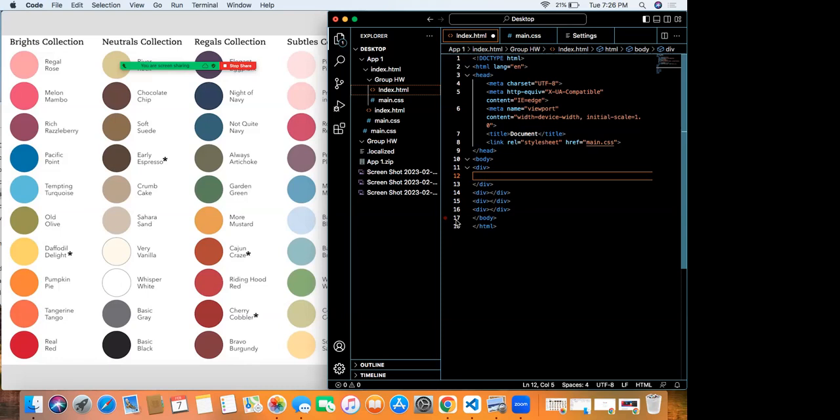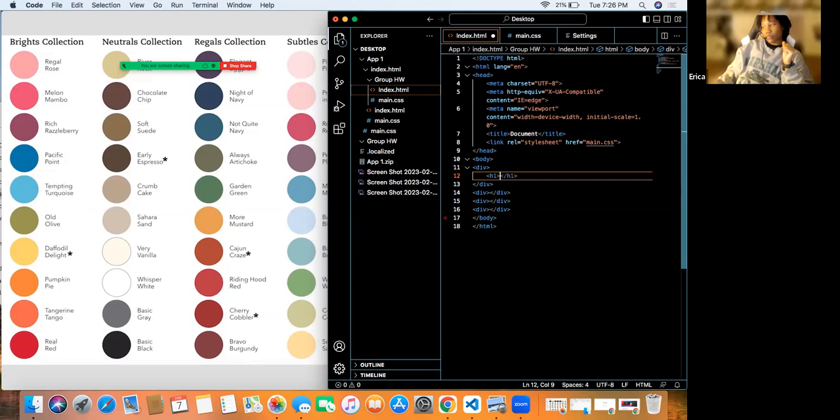Exactly. So I think Natasha said she's starting with the header, which I believe is like that one. We'll start with the header first. You can make that one big div, but it will all depend on how Natasha's doing it.